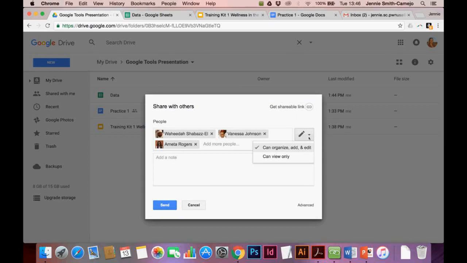but I want them to be able to organize, add, and edit. That means I'm going to give them this privilege. That means they can add more files to the folder, and I'll be able to see them. It means they can make changes to any of the documents in the folder. And so if I want them to have that kind of control over the contents of the folder, I will